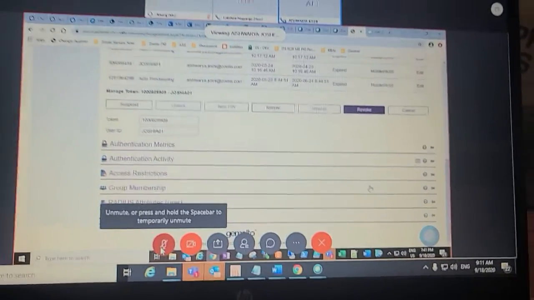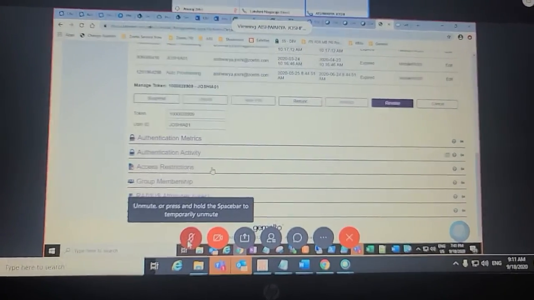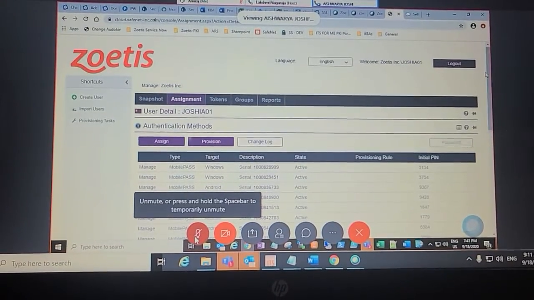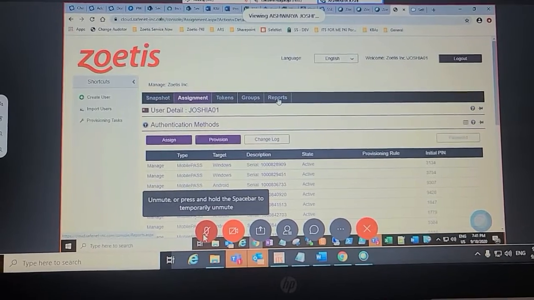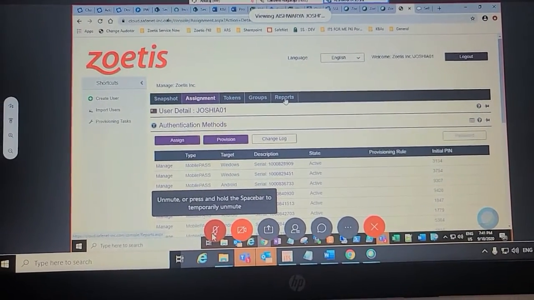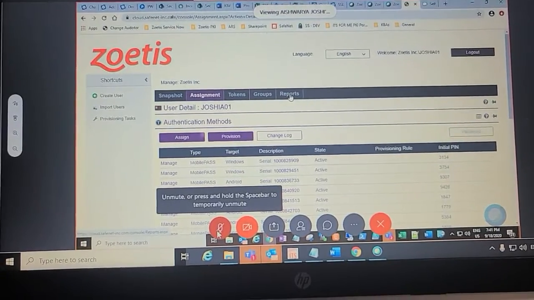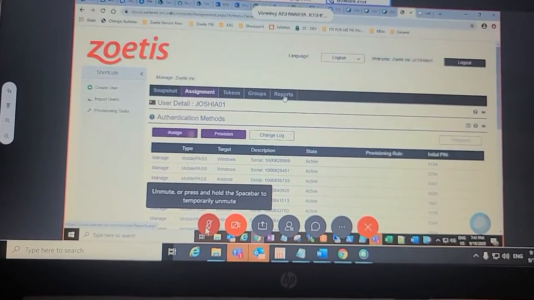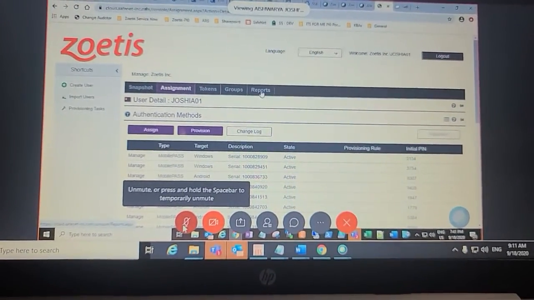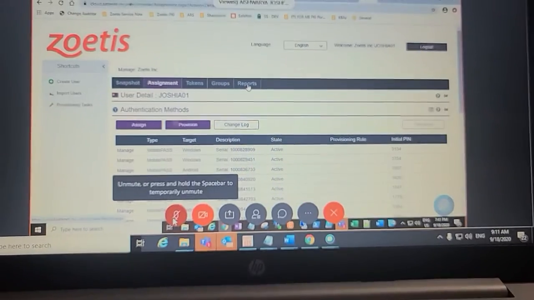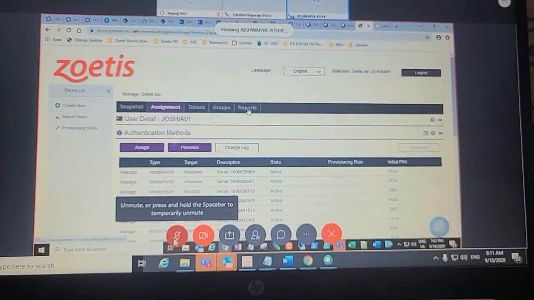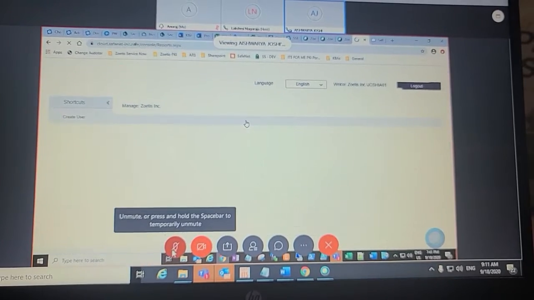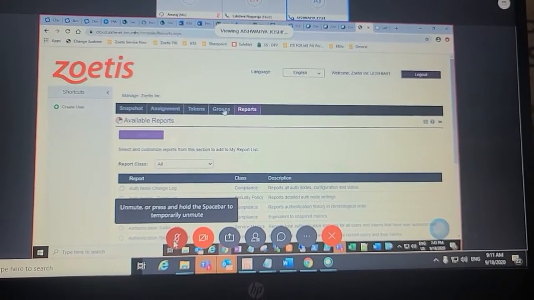Some other information from this portal is that there are reports we also use from this portal. We will cover that on Monday, what kind of reports we are using. Most of the time I work with Fanisha. Sometimes he needs to know how many users are using soft tokens, how many hard tokens we have, and how many users are using hard tokens. That kind of data we can generate from this portal, and for that the reports section is there. We will cover this in Monday's session.